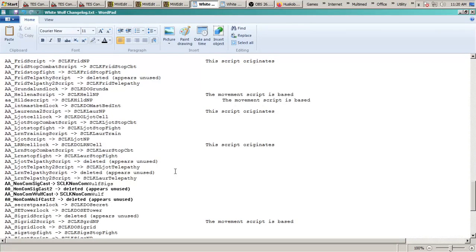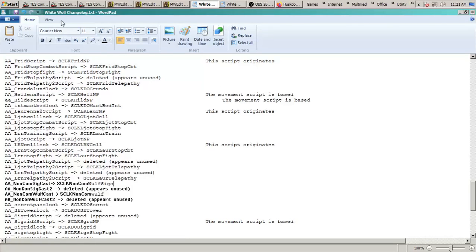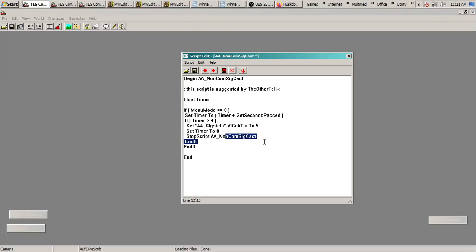But this should be 16 with the acronym SIGS, because those are the main characters in this mod, and I believe that's what these scripts apply to. So we've got Wolfrun, Sigstein, Lorena, Liot, Fridgir, and Erenbjorn. Those seem to be the main 5 characters that propel this mod along. Okay, so SIGS is the way it's going to be renamed,